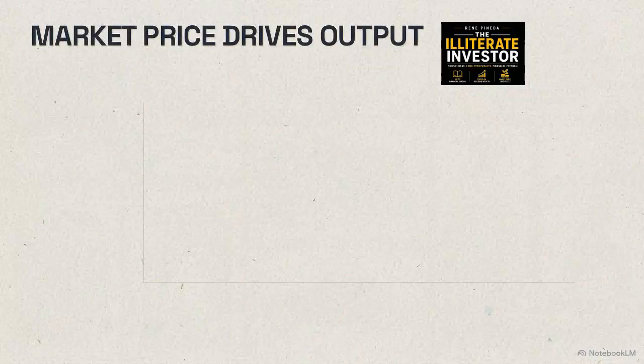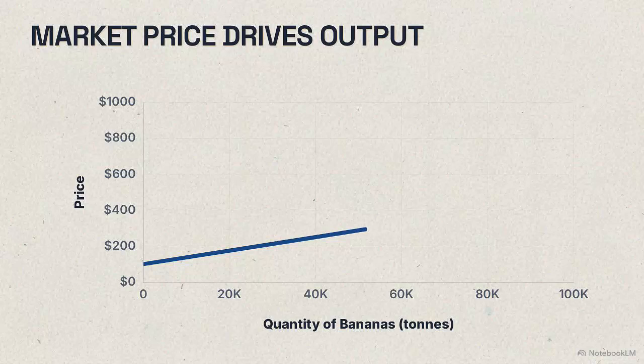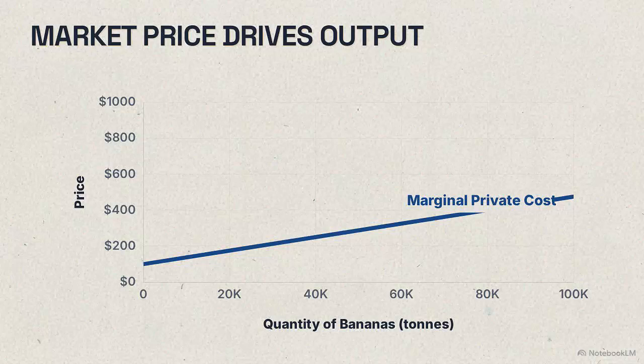We model the Caribbean banana market on a standard coordinate plane, measuring price against quantity of bananas. The marginal private cost represents the base cost to produce one additional ton. It slopes upward because intensive land use requires more fertilizer and pesticide. The competitive wholesale market price for a ton of bananas is $400. A rational plantation owner will produce bananas until their marginal private cost exactly equals this market price. This private optimization leads to an output of 80,000 tons.